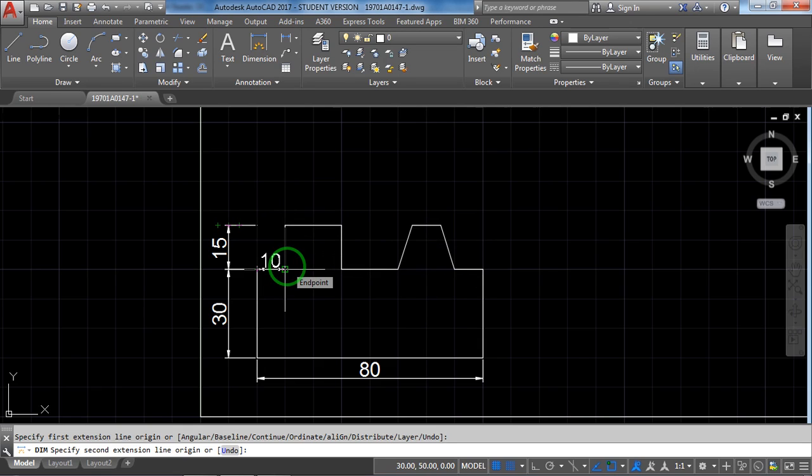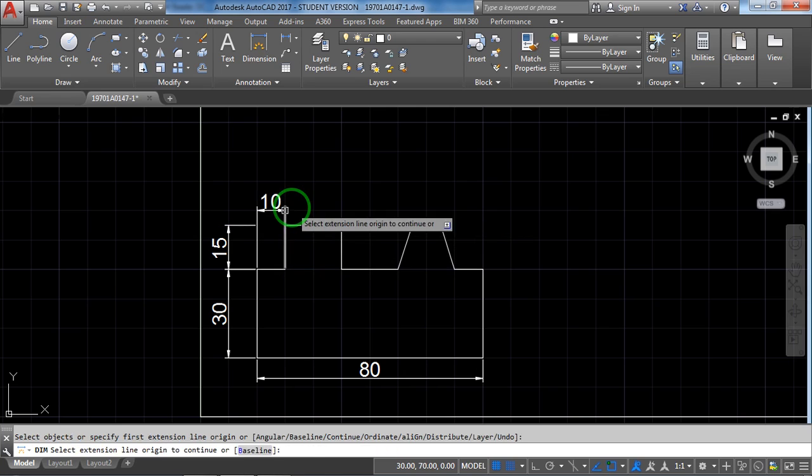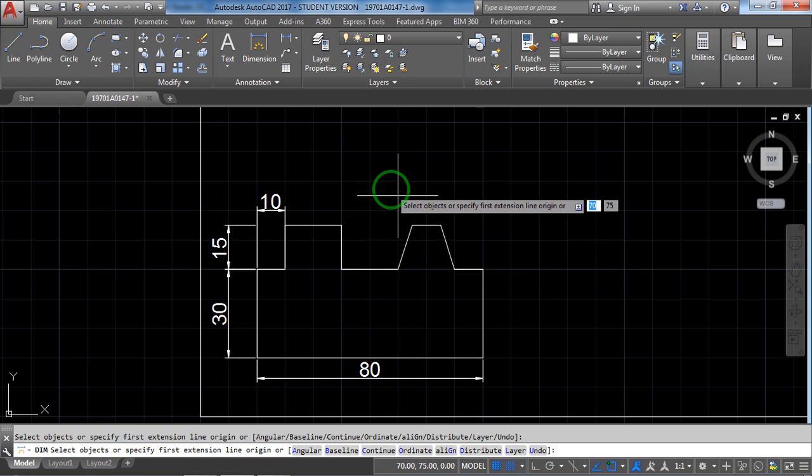Second point is this one, 10. Just select the mouse there, keep it here. From here you are supposed to select and leave it at this particular distance. It's 10. Now from here, the first one we have done with dimension. Next,